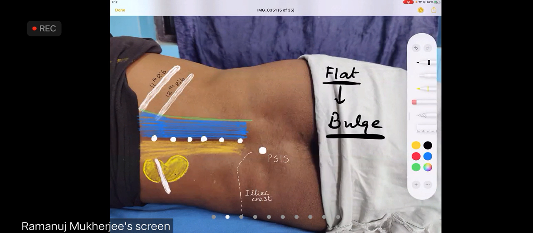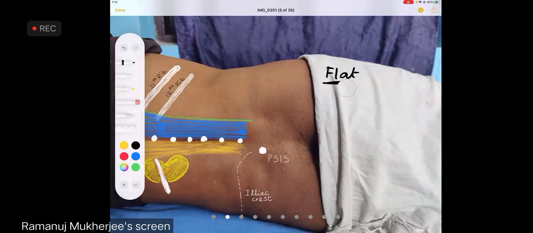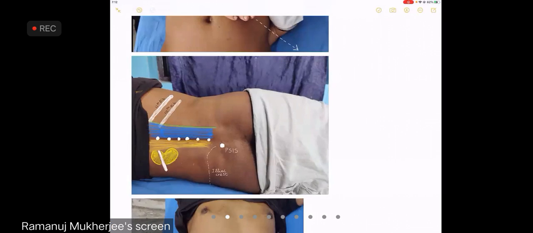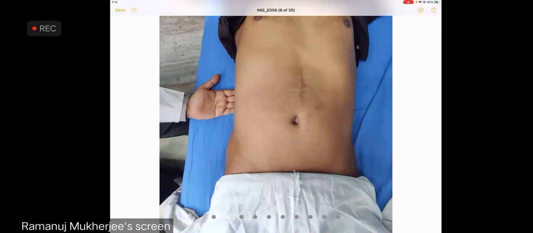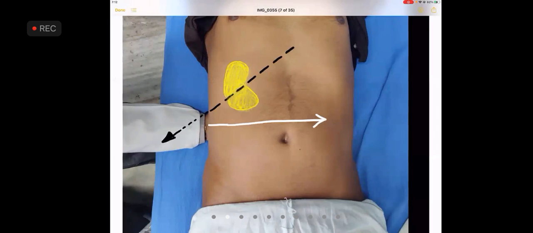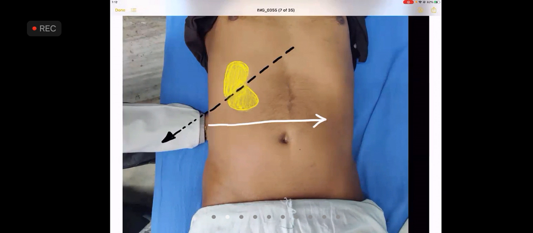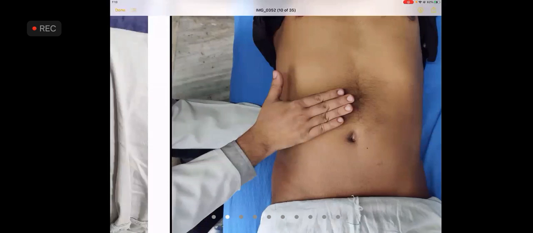Just 2 minutes and you should know how to palpate the kidney, because examiners will love to ask you this question, particularly when you get a kidney lump. The first things first, if you are palpating the right kidney, please see that your hand is not in a correct direction. Can you see the way I have placed the hand? This is not the axis of the right kidney. So the axis of the left kidney and the axis of the right kidneys are different.